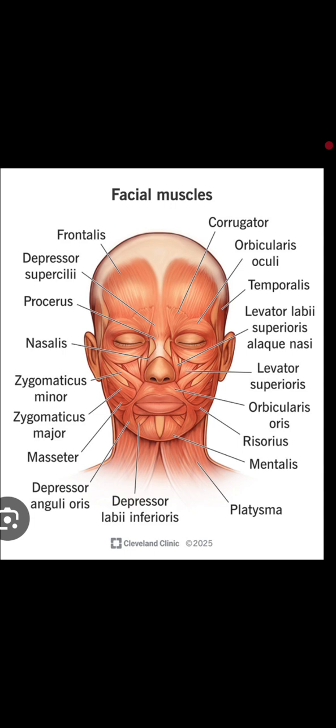Oculi is eye, oris is mouth, nasi is nose, labii is lip, orb is round or sphincter, levator raises or elevates. Orbicularis oculi encircles the eye, muscle that closes the eyelids and compresses the lacrimal sacs, which is just tear ducts